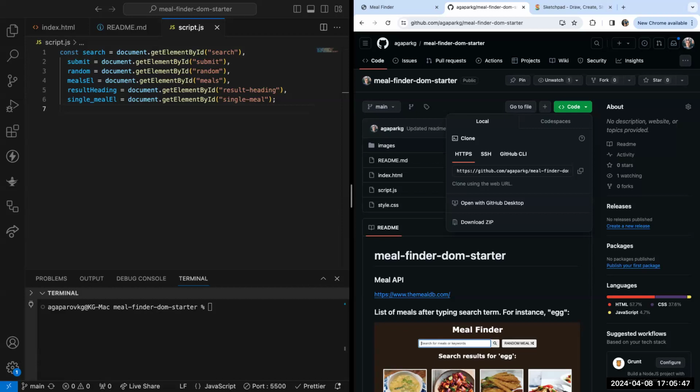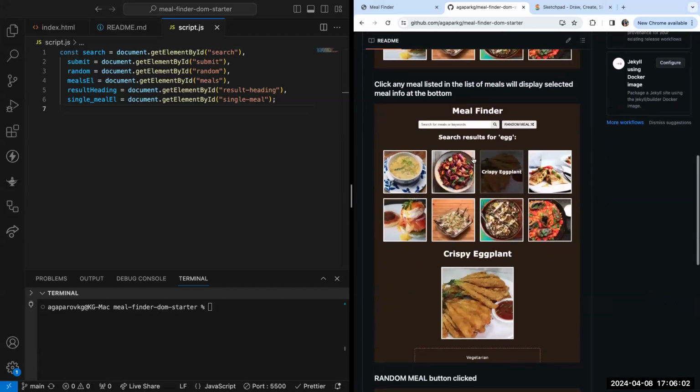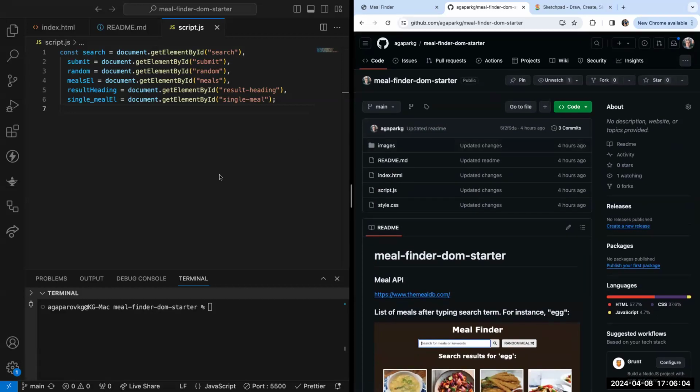Azamat, where did you get this project from? Oh, it was in the curriculum for instructors. But I just created the starter code for you guys, so that we won't be dealing with the CSS